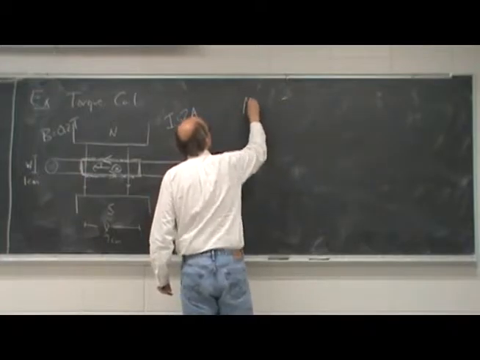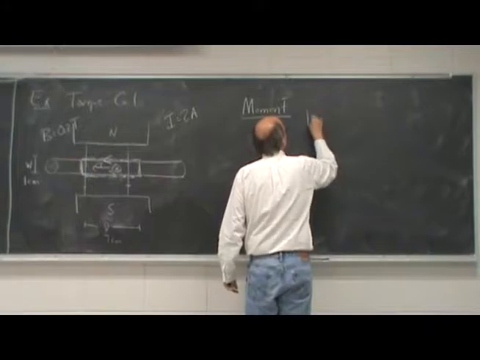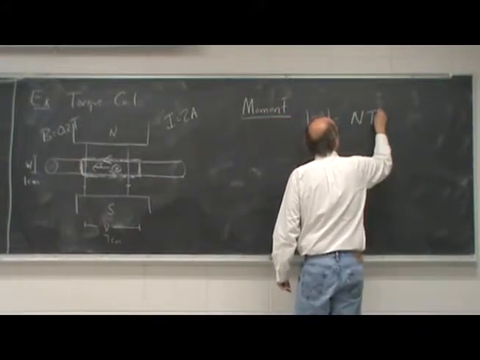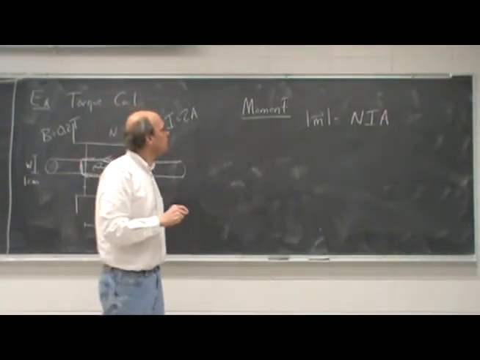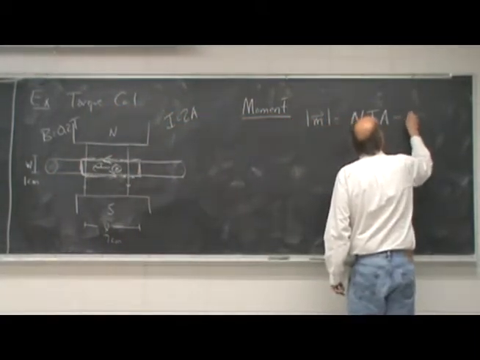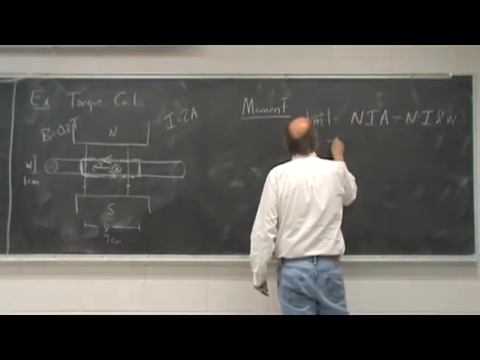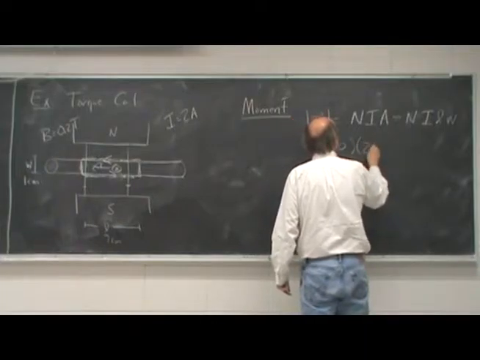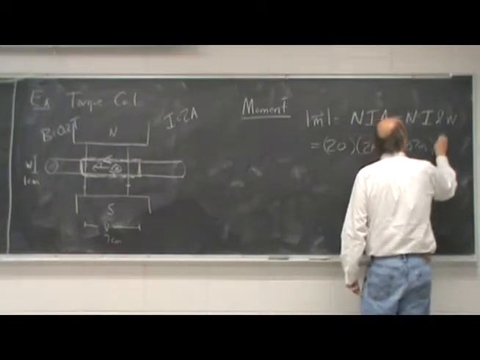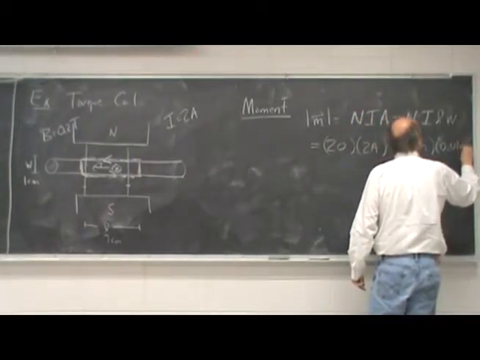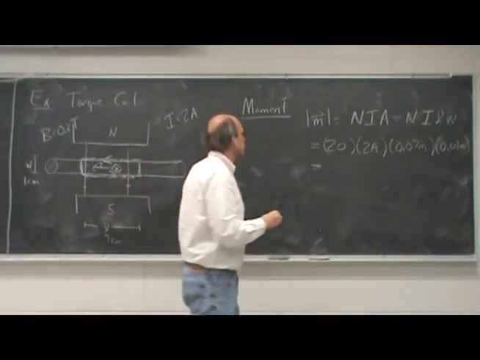So the moment is the field times the current times the area. Is the field times the current times the length times the width. 20 turns, 2 amps, 0.07 meters, 0.01 meters is 0.028